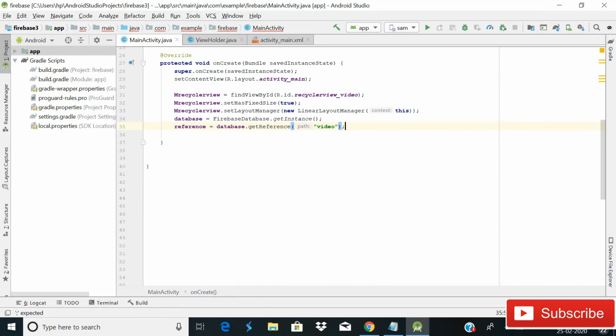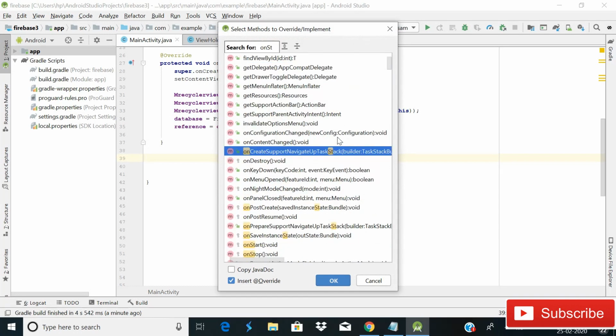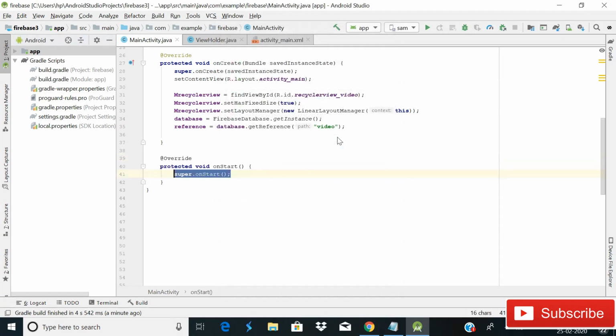Then after this, we will come outside this onCreate method, and here we will use the onStart method. So press Control plus O, then simply type onStart, method.